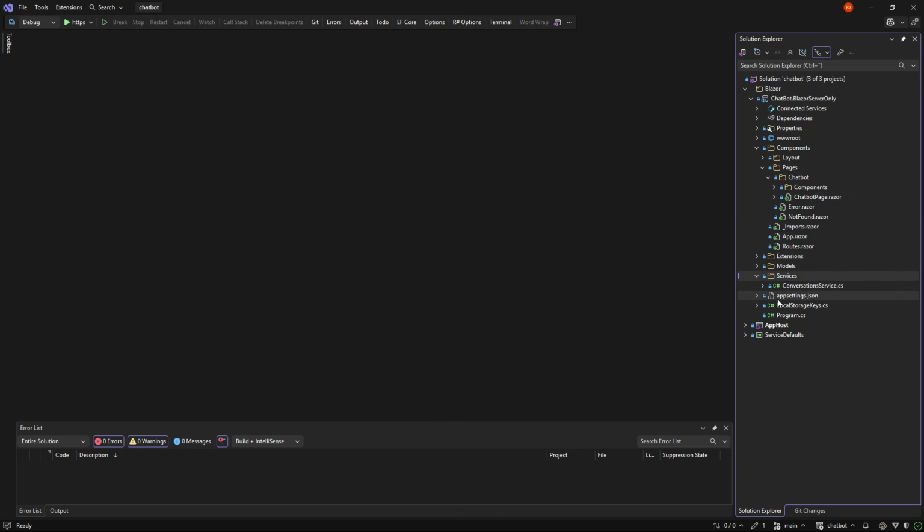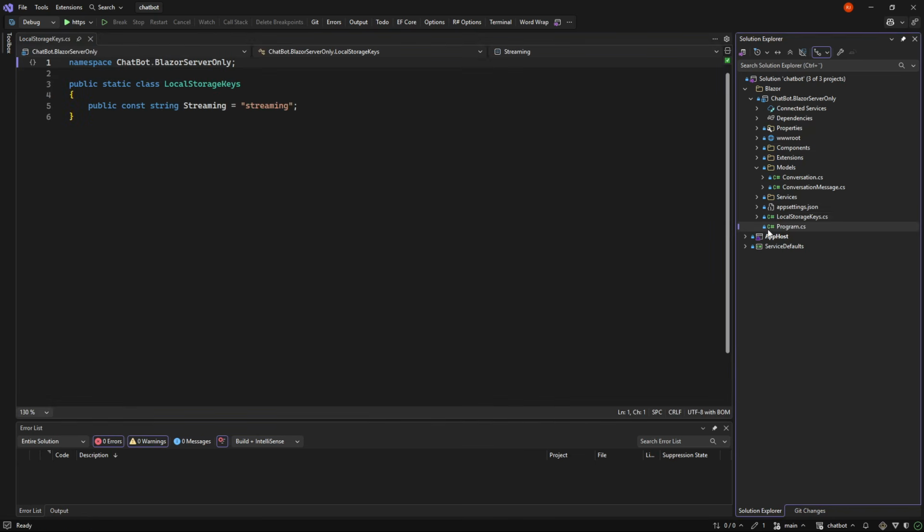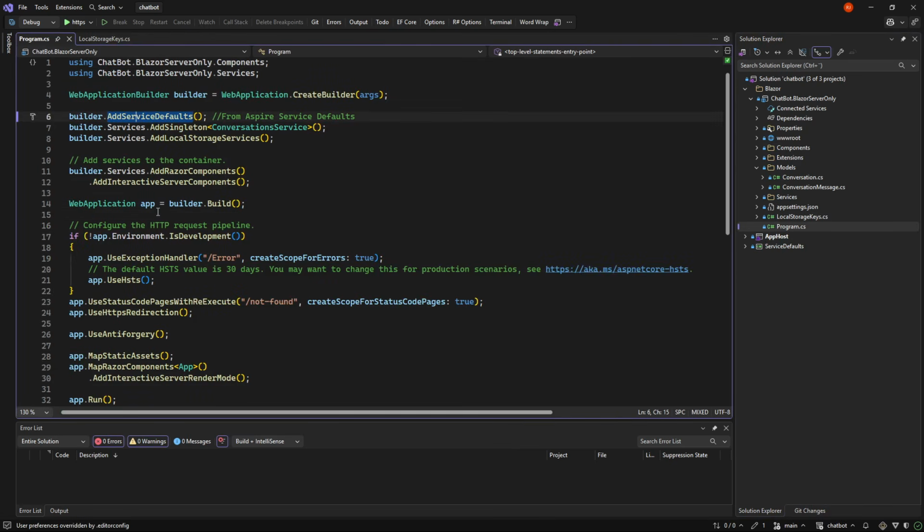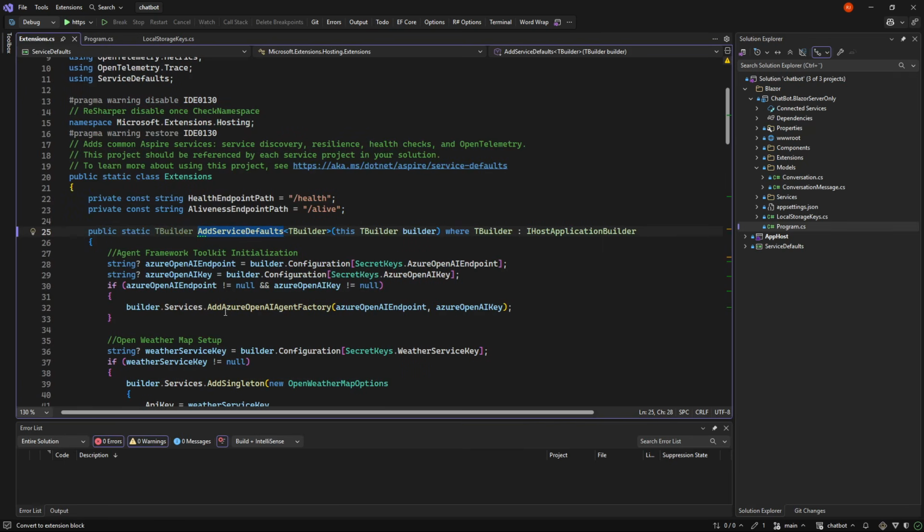But else we have a little service for conversations, which will be a dedicated video about. We have a few models about the conversations, which that video will also cover. And then we have our components. Inside here, we are using Aspire, so we are getting our dependency injection from Aspire primarily.